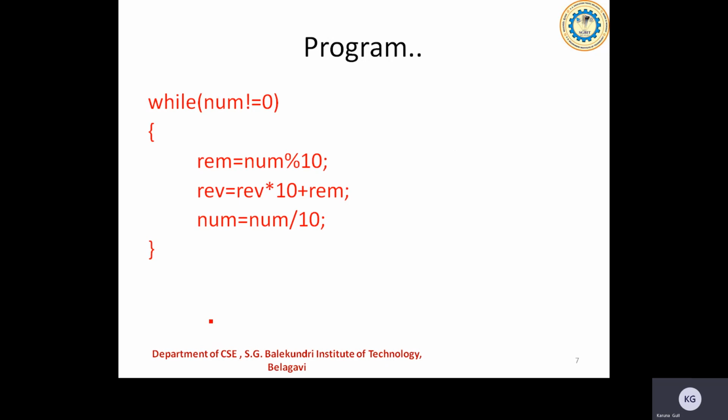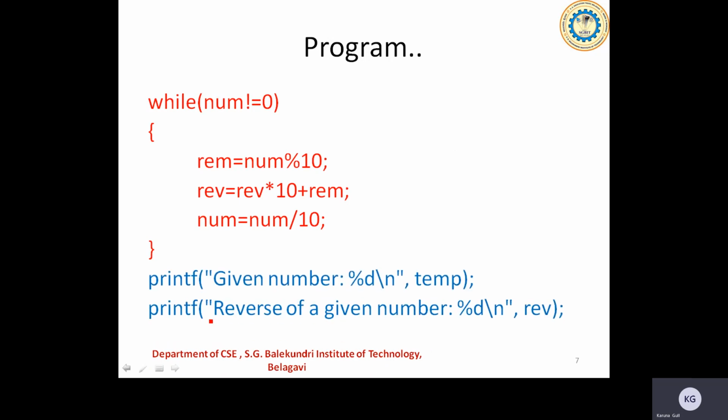I'll be calculating the quotient and the remainder part there, that is the units place data there. Then I'll be trying to shift that towards the left side using reverse is equal to reverse into 10 plus remainder there. Then number is equal to num divided by 10 to get the upper part of the given data there. Okay, I'll be continuing that till I get the number value equal to 0. Okay, once the number value is equal to 0, I'm coming out of the loop there. So reverse is holding the reverse of the given number there. Okay, then I'll just print that.